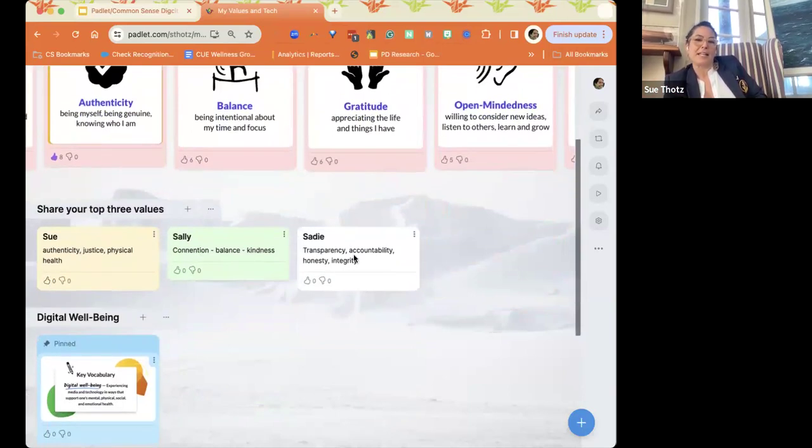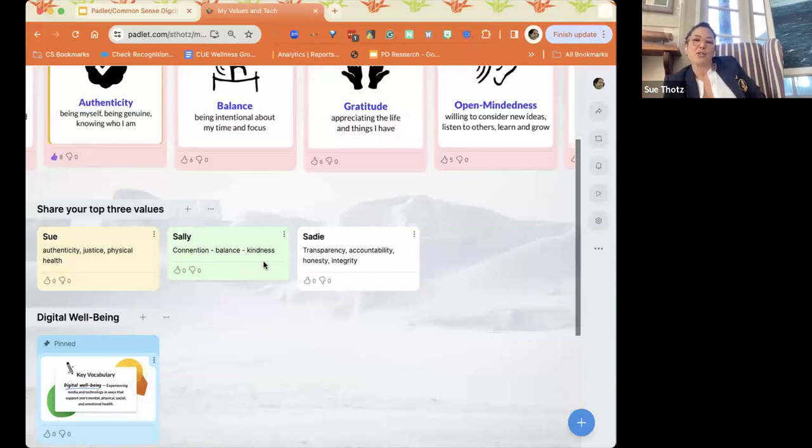So Sally and Sadie have already put theirs in there. I, as a teacher, could also limit their ability to go through and do these right now, if I wanted to hold that one back. But it's cool because we're all friends in here today and there's just a few of you. And if I wanted to have you name your top 3 values, or maybe add one that you didn't see up there, I could have you share a post that tells me about your top 3 values.